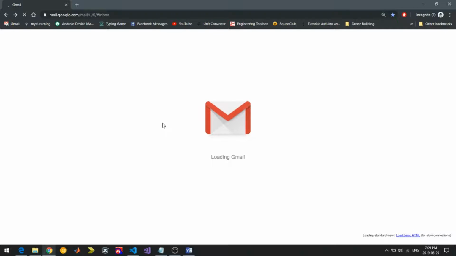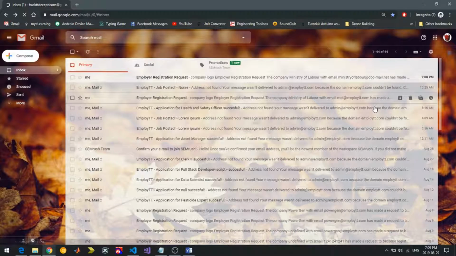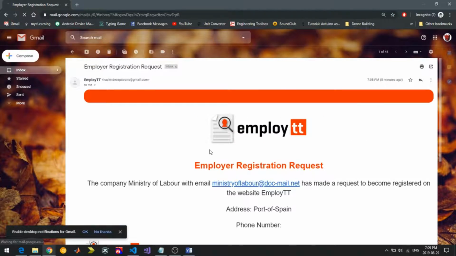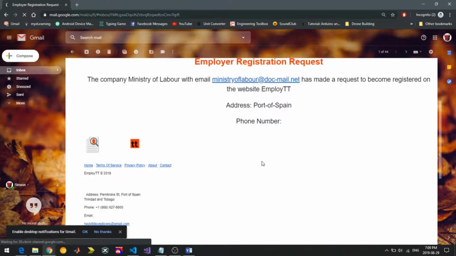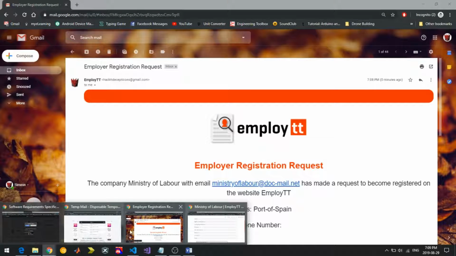Now, let's try and load Gmail here. Right. So Ministry of Labor just made a request to become an MDA, and that sends an email to us, to our email, saying that they made the request. This is the address, the email. I didn't fill out the phone number, but that would have been there if I had. So we would take this information, go and verify it, and then as an administrator,